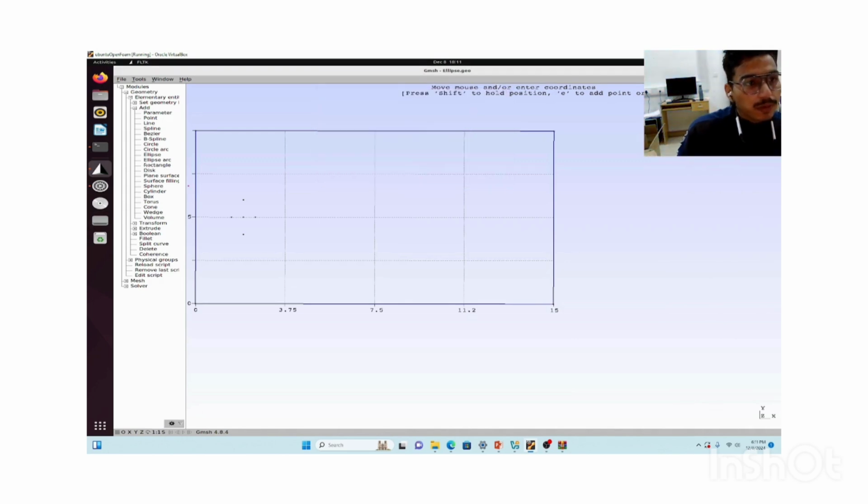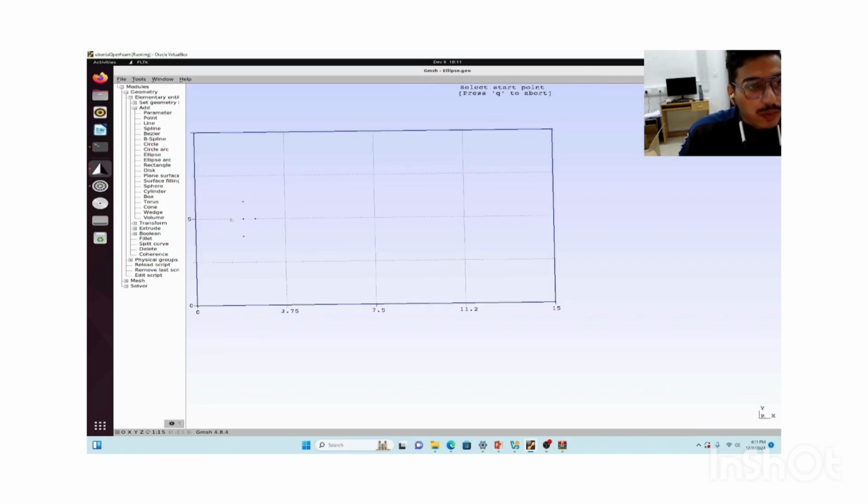So to make the ellipse, we will choose ellipse arc. First we have to choose the start point. This is our start point, and we have to choose the center. This is our center. Now we have to choose a point on the major axis. This is the major axis and this is the end point. So same like that again, this point, center point, on the major axis, and on this point,